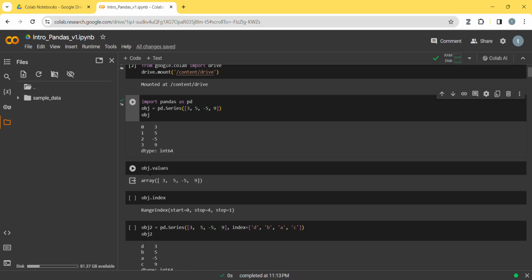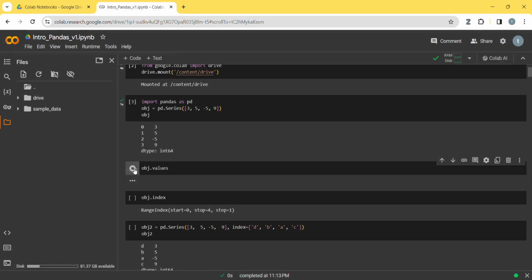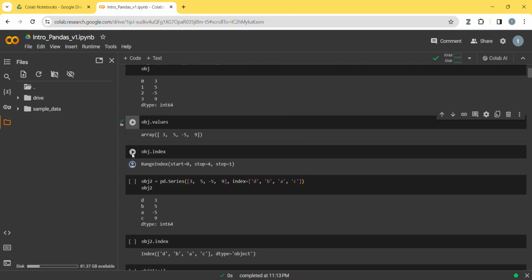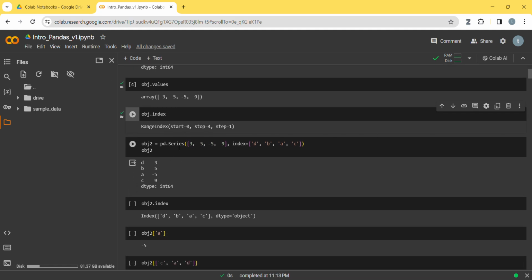So you can run object.values, and the array becomes 3 5 -5 9. So you see the pandas Series is this series with 3 5 -5 9, and with the array you can do array indexing. With object indexing, you can index a range which starts from 0, and 4 is the stop because 0 1 2 3 4, with a step of 1 so you increase one by one. The second object is a pandas Series 3 5 -5 9, and then you index it as